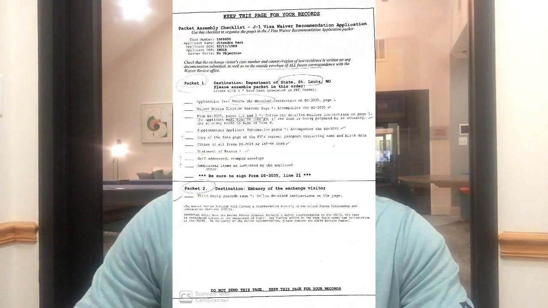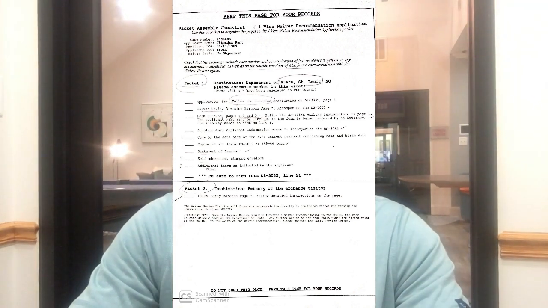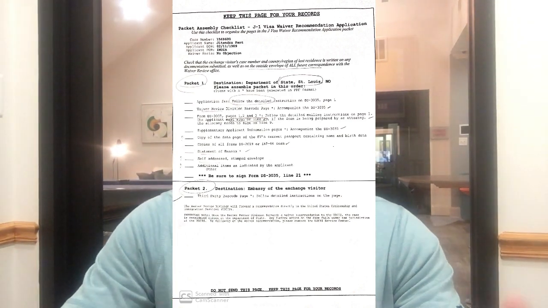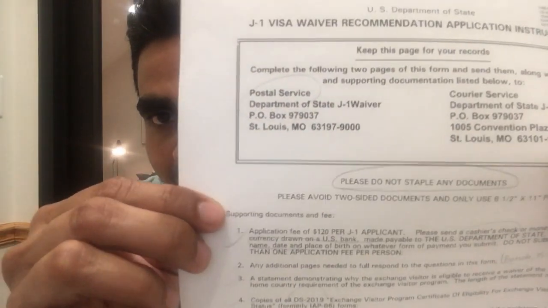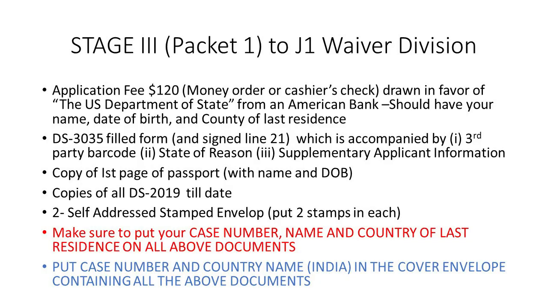So after you have completed DS3035, a summary package will be generated. Let me also mention that this particular phase is divided into 2 parts. Let us talk about them one by one. In part 1, you have to send your documents to the J1 waiver division, which is located in St. Louis, Missouri. There is a list of documents that you have to send to the Missouri J1 waiver division,